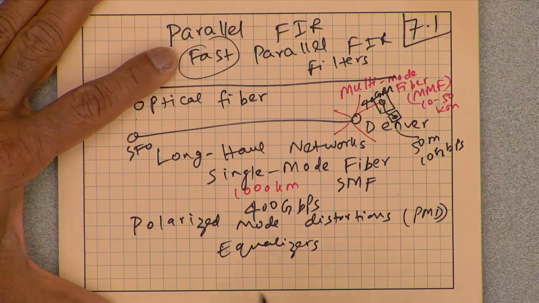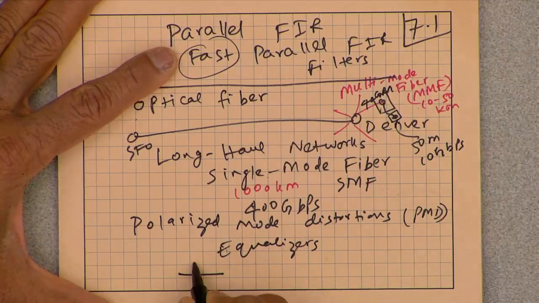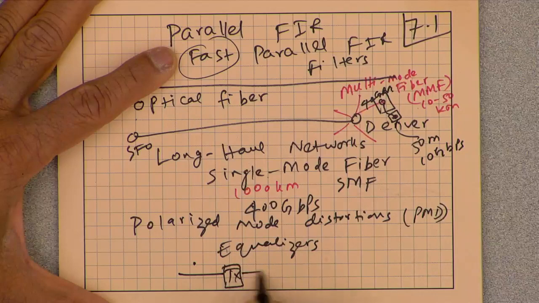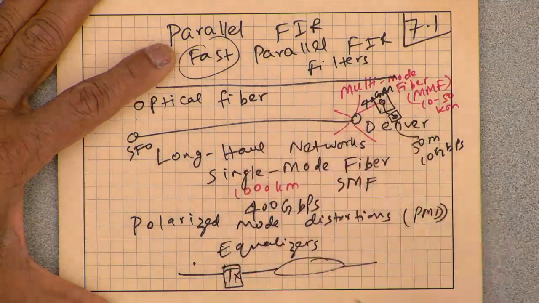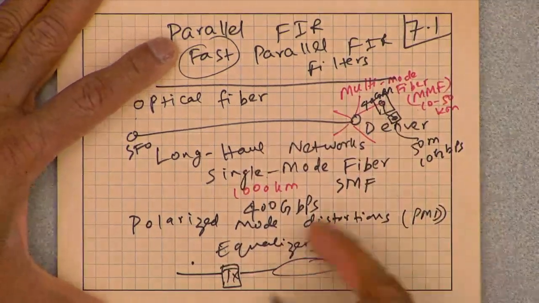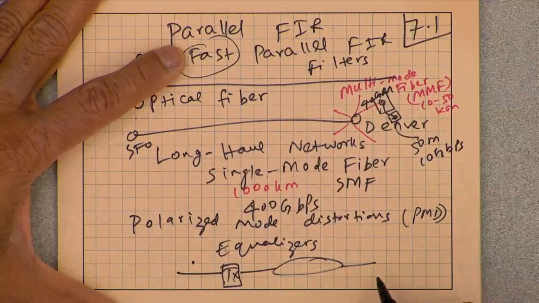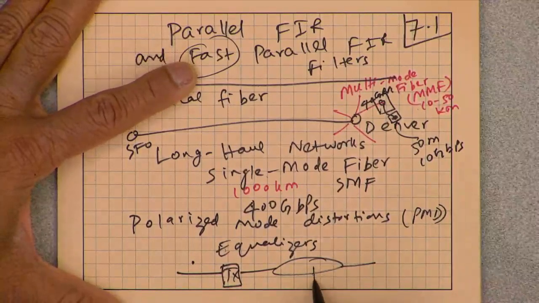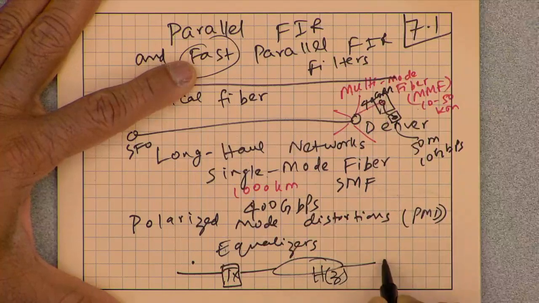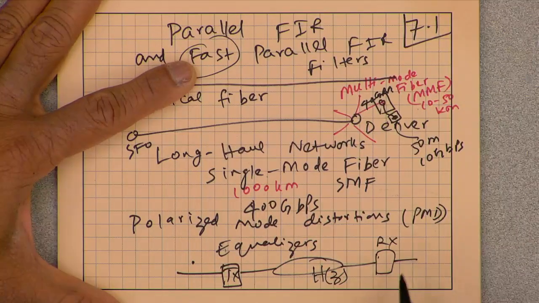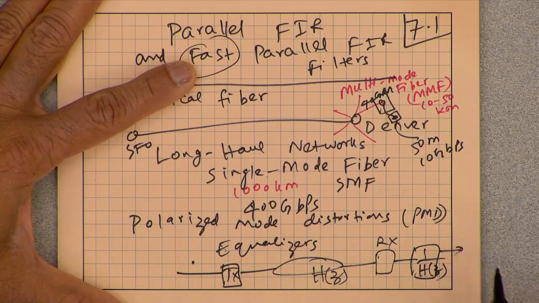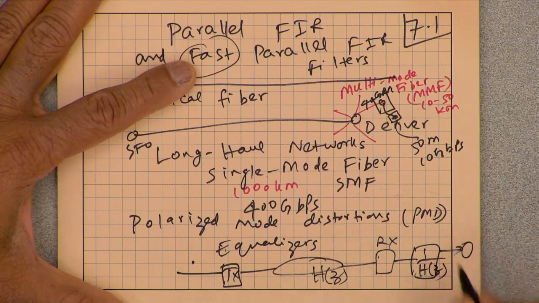The very basic premise is that this is my transmitter, I am transmitting something that goes through some kind of channel, maybe the fiber, maybe wireless, and the channel has distorted whatever we are transmitting. Let's say the channel has introduced some kind of filter H(z), and this is the received signal, and then I need to perform the reciprocal of that so that I can undo the effect of this interference before I go to decoding.